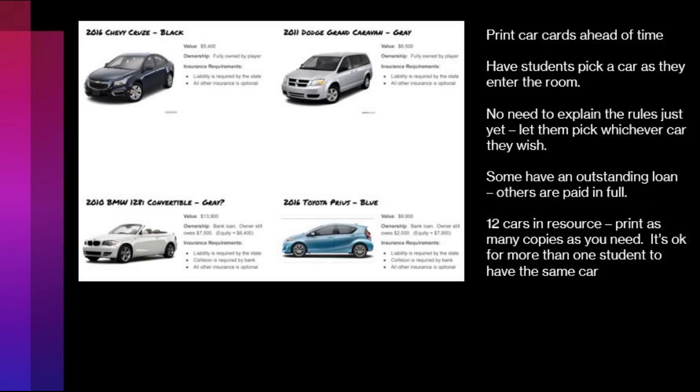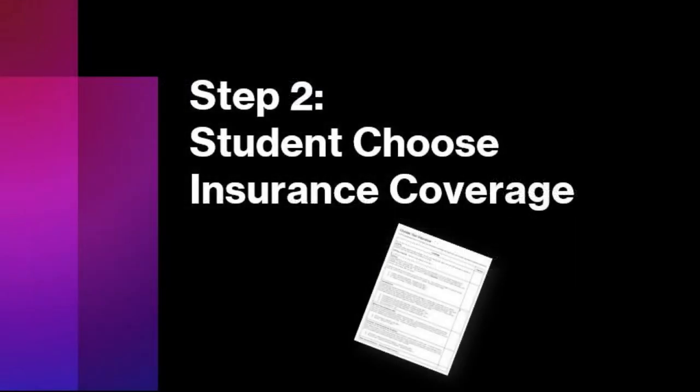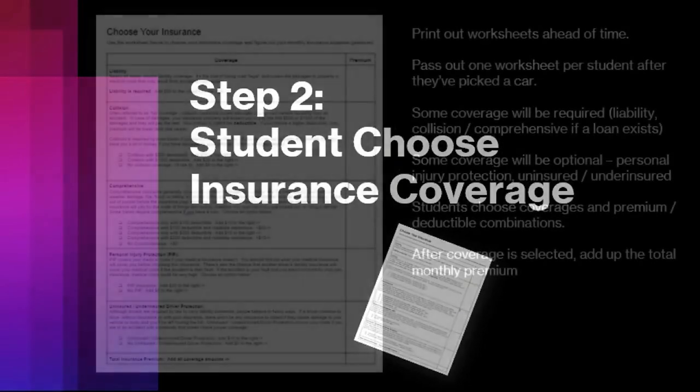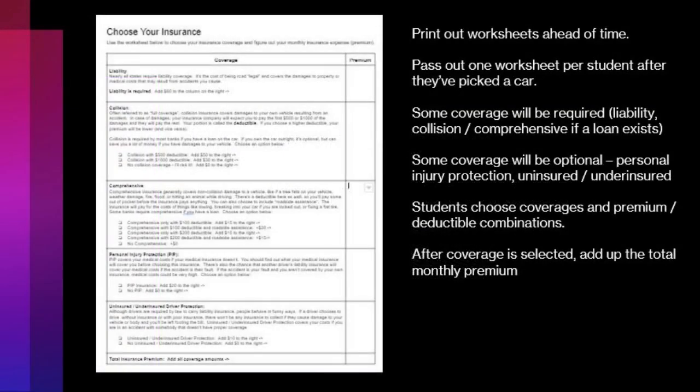Once they've picked their car and settled into their seat, I will pass out the insurance coverage selection sheets. And you're going to want to print out one of these per student. They're going to choose their insurance. In some cases, it's going to be dictated by their car. If they have a loan on their car, they're going to need collision and comprehensive. Everybody's going to need liability, and everybody's going to have the choice to pick personal injury protection and underinsured or